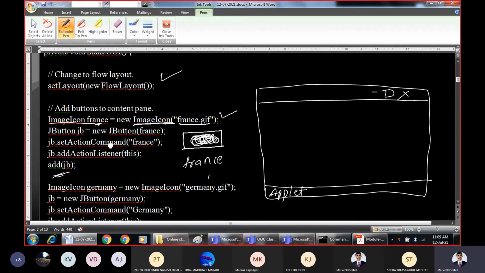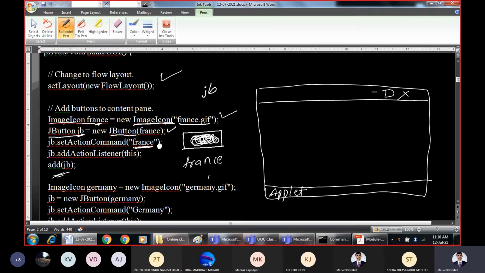The next line says we are creating one button by using this icon. This icon we are passing to the JButton constructor. See here, JB is an object of class JButton. JB is a reference variable for JButton, and in the RHS part we are calling the JButton constructor by passing this France as the parameter.